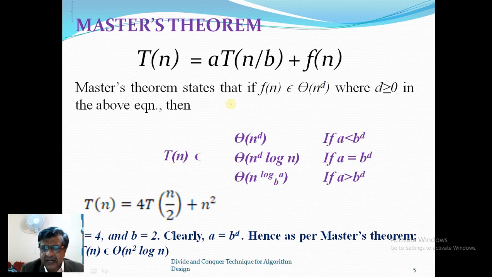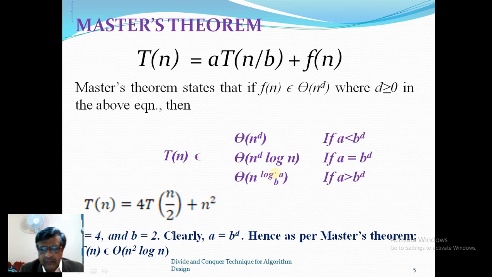So Master's theorem states that if f of n, that is the time consumed for integrating the solutions, plus the time consumed for dividing the problem into several subproblems, belongs to big theta of n to the power of d, where d is greater than or equal to 0 in the above equation, then T of n, the time consumed for the divide and conquer algorithm in its totality, should belong to big theta of n to the power of d if a is less than b to the power of d,